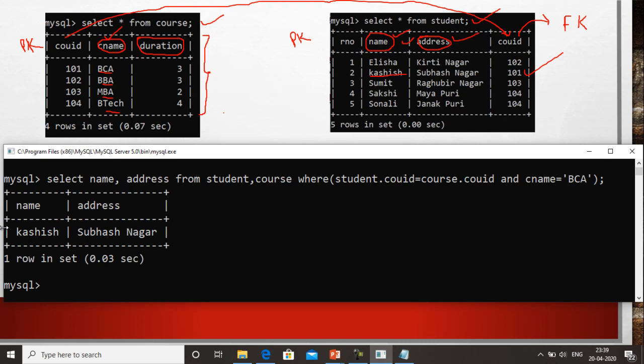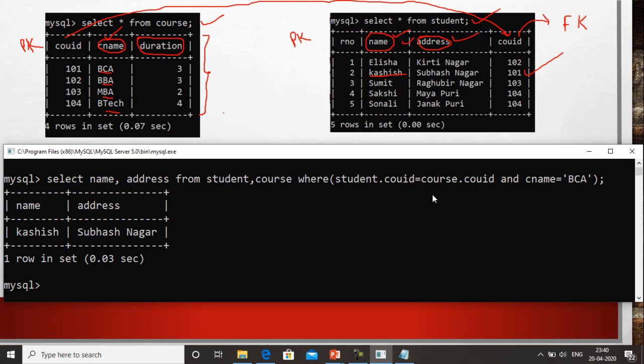All right, so I hope it is clear to you how we are going to use the join. And remember one thing, whenever you write the name of the two tables like this, student and course, then a compulsory condition, that the common field equating condition, must be present in the where clause. You can't forget this condition, otherwise, as you have seen, when we specify two tables, the system performs the Cartesian product. But if we don't specify this condition, then from where will the system obtain the valid records? So this condition is a must, right?